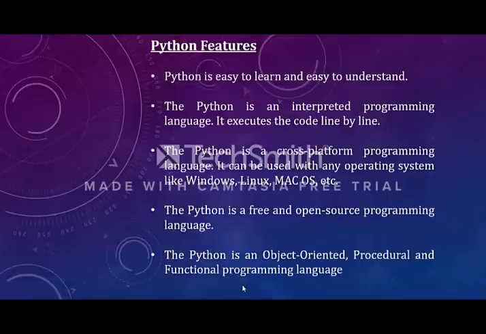If there are any syntax errors, the compiler will tell you in which line the error has occurred. With that we can modify that line or the syntax, and it is compiled again and executed again. Whereas Python is an interpreted language, where each and every line is executed line by line, and